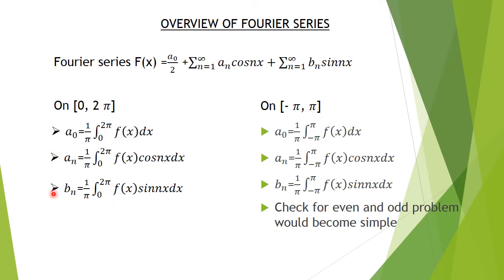In the case of 0 to 2 pi we don't check. There is no profit in checking whether it is an even or odd function, because we don't have such formulas for 0 to 2 pi. We have integration formulas for minus to plus. If it is even, you get 2 times the integral from 0 to pi. If it is odd, the integral value is 0. So that is why for minus pi to plus pi you check whether the function is even or odd. For 0 to 2 pi, you don't check and directly write the formulas as such.